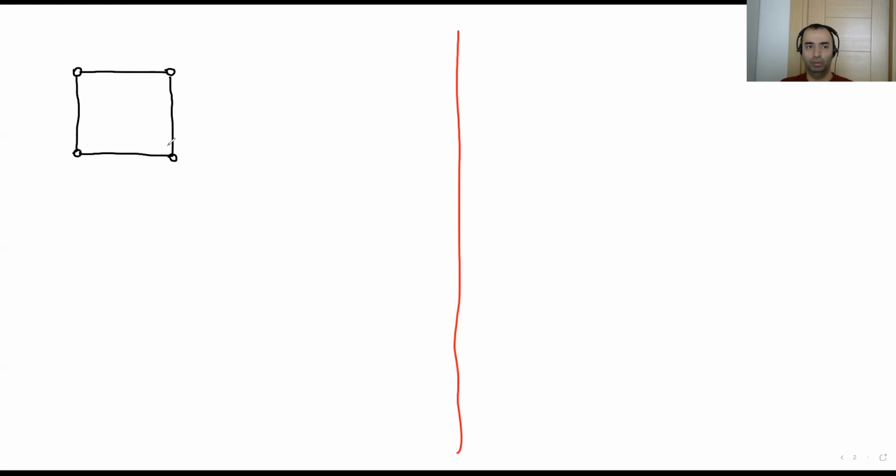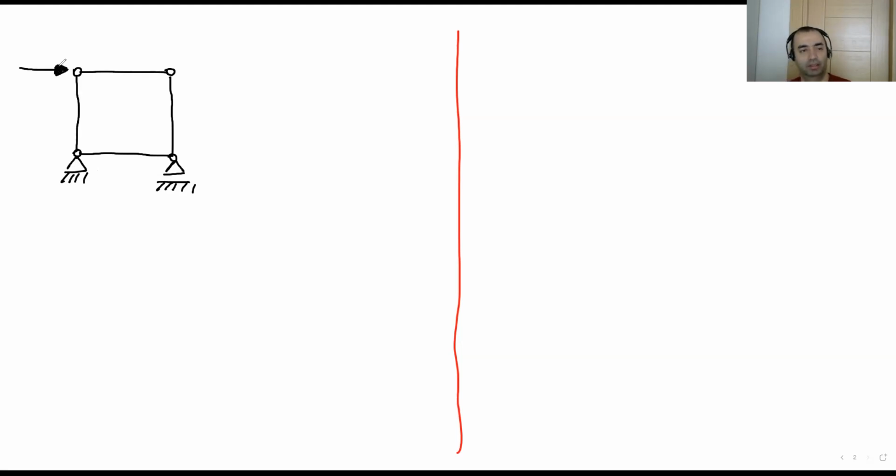There is no support to resist that rotation. So it can rotate at these circle points. And here, we have a pin support and a roller support. If we apply a lateral load to this system,